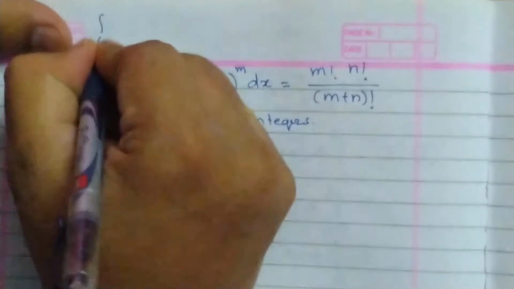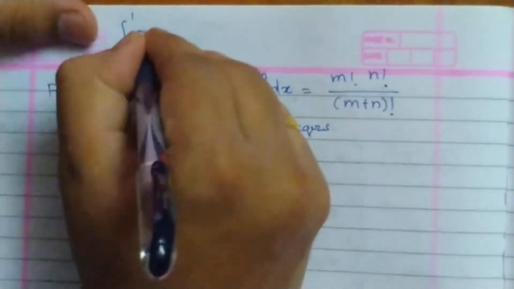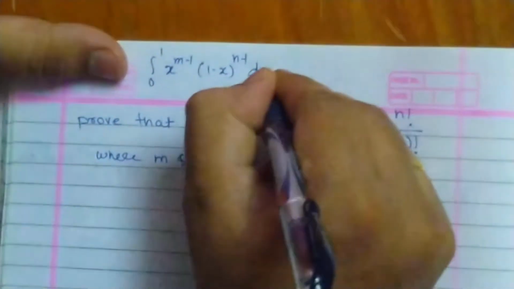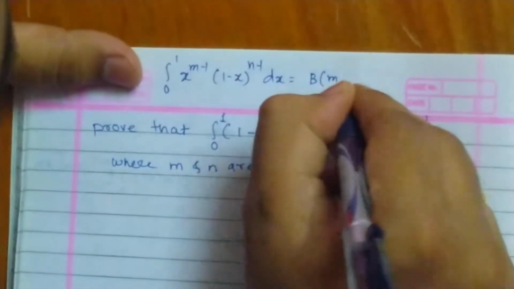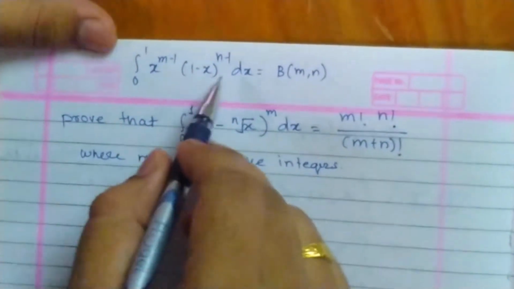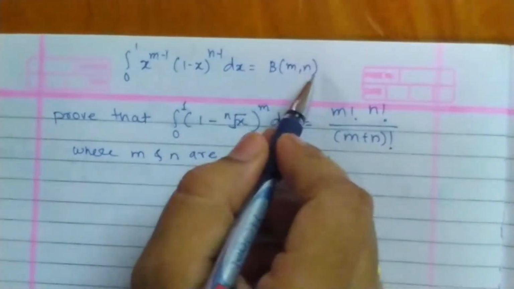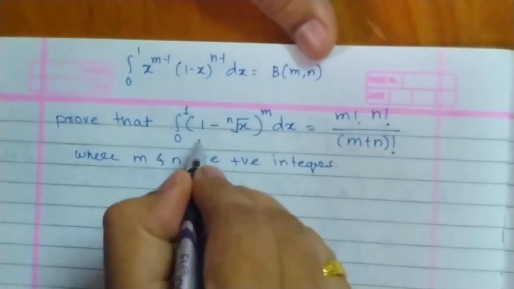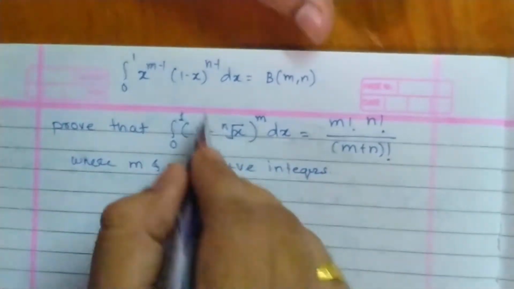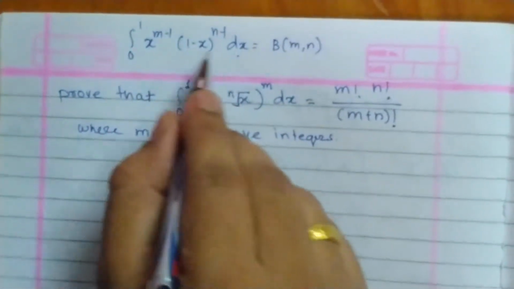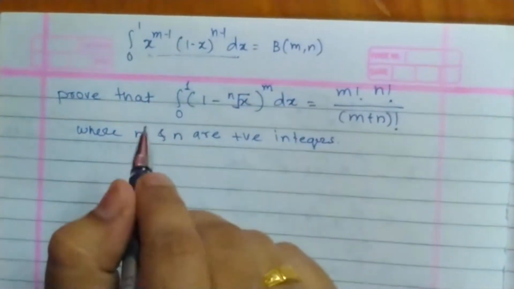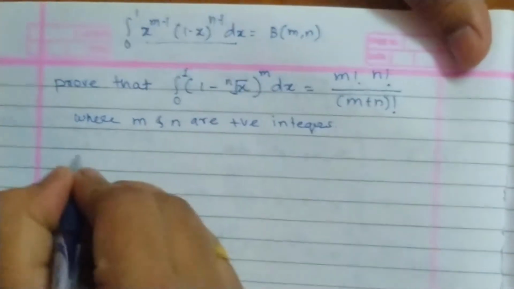The definition of the beta function is the integration from 0 to 1 of x raised to m minus 1, (1 minus x) raised to n minus 1, dx, is equal to beta of m, n. Previously we were writing this beta of m, n on the left side. Purposefully I am writing the beta on the right hand side because, as in all previous problems, I will begin with the integration. That means I will begin with the left hand side and try to express it in the form of the definition of the beta function. Okay, so I will begin with this.